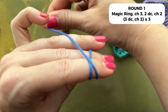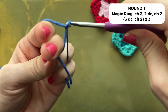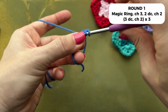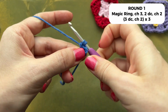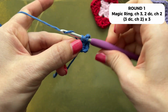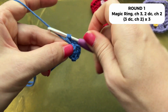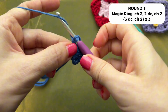For round 1, make a magic ring and chain 3. That chain 3 counts as a double crochet. You'll work 2 double crochet in the magic ring, 1, 2, chain 2, work 3 double crochet, 1, 2, 3, chain 2, and repeat that 2 more times, 3 double crochet,